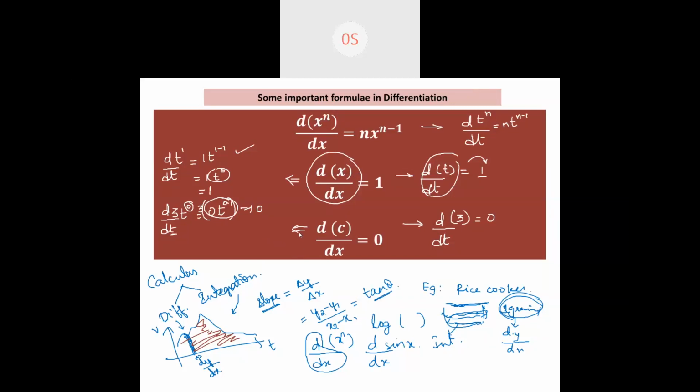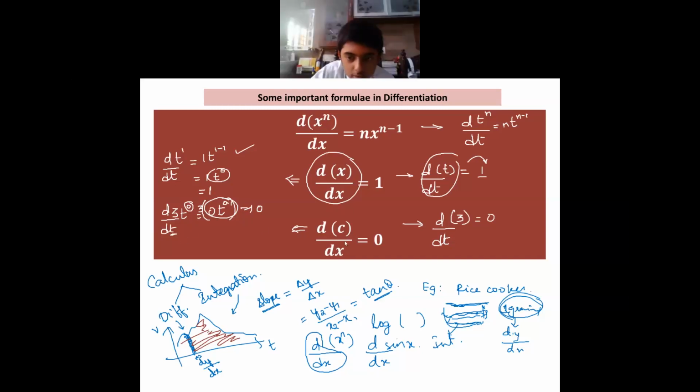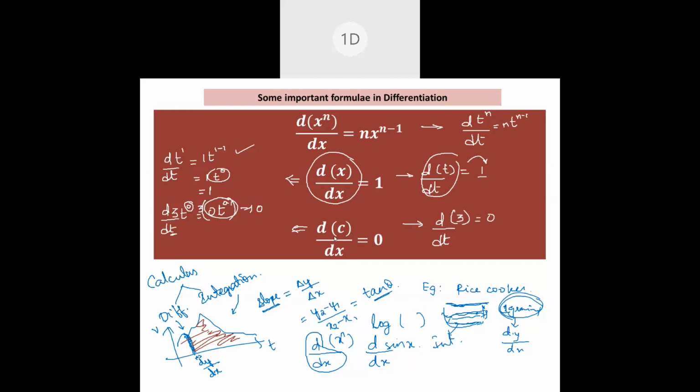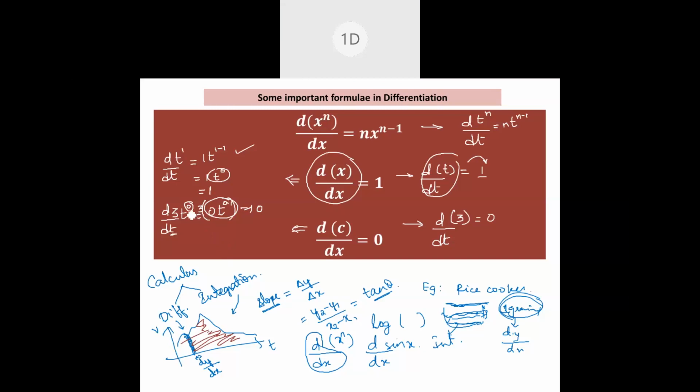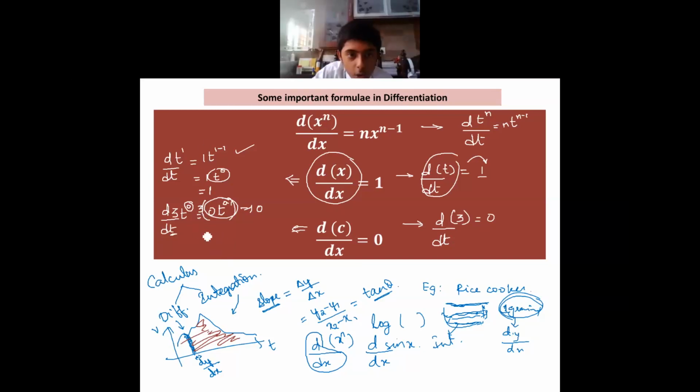In the last one, ma'am, you told us that when C is there, we put a constant, any constant, any number. So we write the constant as the constant into t power 0. But that exponent form is not for the 3 only, ma'am. It's only for t, not for the whole value. That 0 is not for 3, no, ma'am.